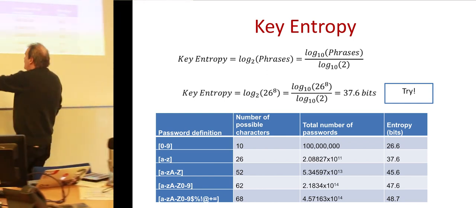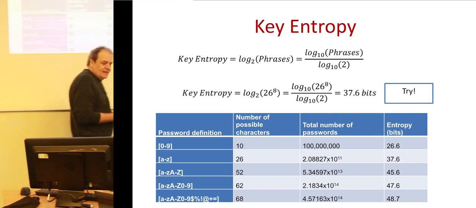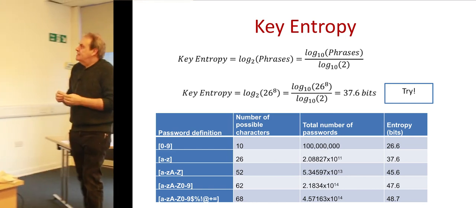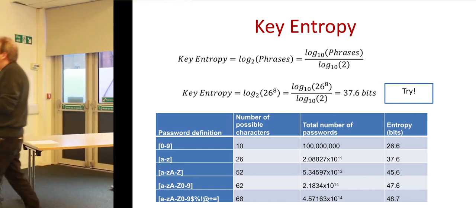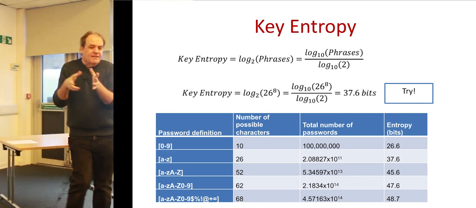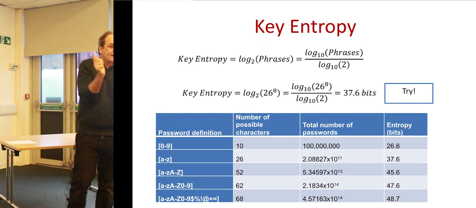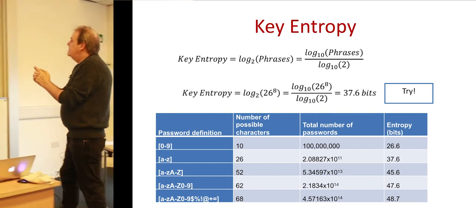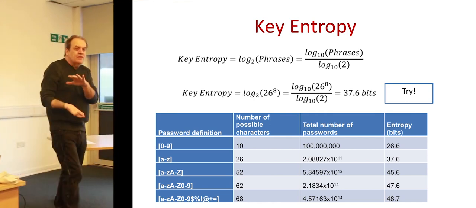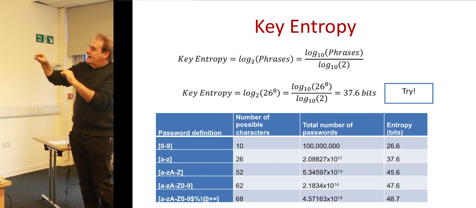So if we take 0 to 9, and we create an 8-character PIN code, then the total number of passwords that we'll have is this number here. To work out the key entropy, we take that value, take the log 10 and divide by the log 2, and we get some idea of the equivalent key length that we would have. So we can see that 26 bits is far too low. It wouldn't cost us much to be able to crack an 8-digit